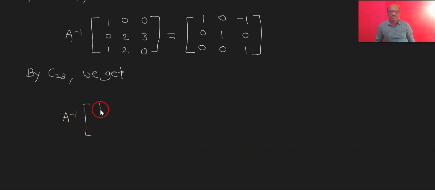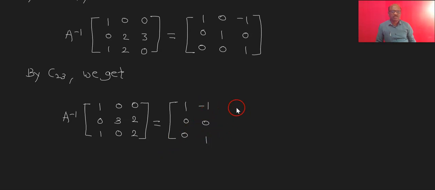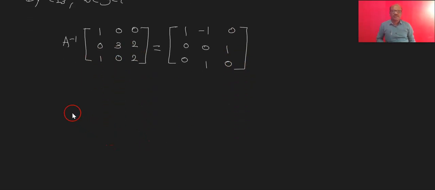The first column is as it is: 1 0 1 0 3 0. Okay, and the last column is 0 2 2, and that is equal to 1 0 0. Next is minus 1 0 1 0 1 0. Next, by the operation